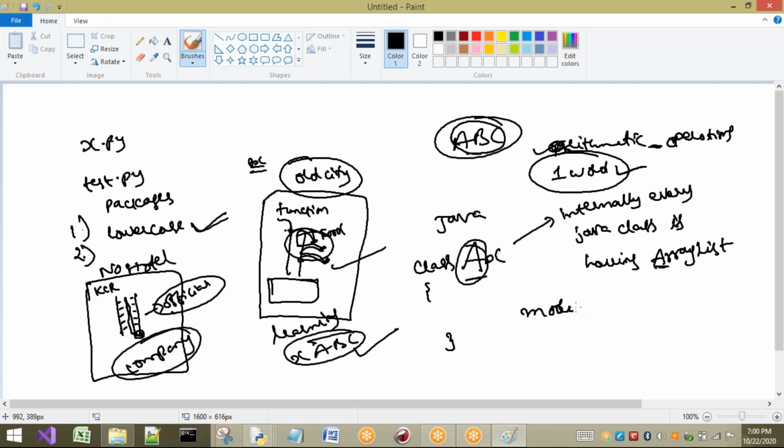What about modules? The same rules for packages will apply to modules also. Module name should be lowercase, meaning better to take small case only. Why am I going to take small case only? Because if you see any module, like the math module or random module, all letters are small letters only. So if you take any module, better to take only small letters. It is recommended. You may think, sir, I will take capital letters, is there any problem? I am not having any problem. You can take it, but it is a recommendation.